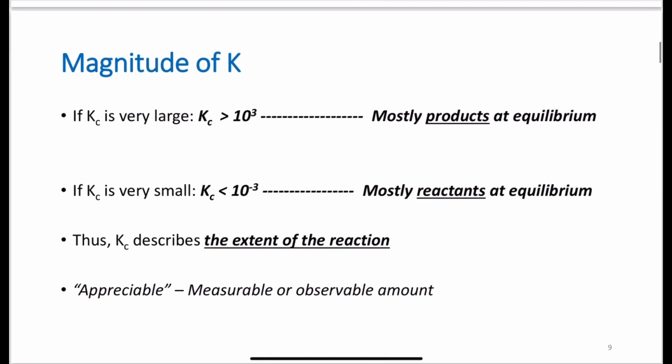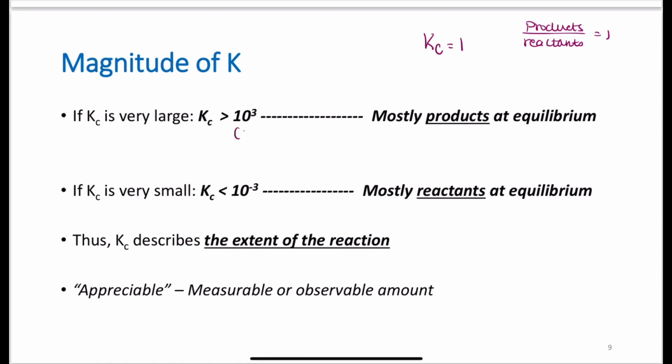And the magnitude, how important is Kc? What is Kc telling us? Truthfully, Kc equal to 1 means true equilibrium. Because you've got your products over reactants. Well, if it's equal to 1, that means I've got half the products, half the reactants. I'm in equilibrium, right? But its real world application is if Kc is very large, meaning Kc greater than 10 to the third,